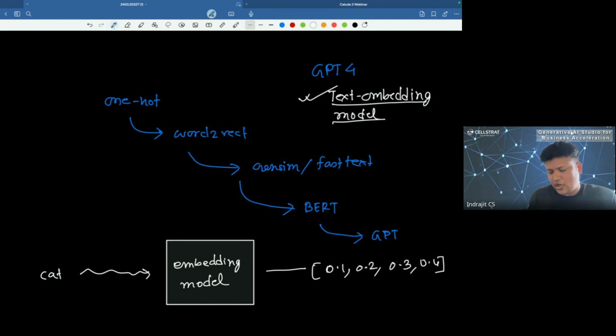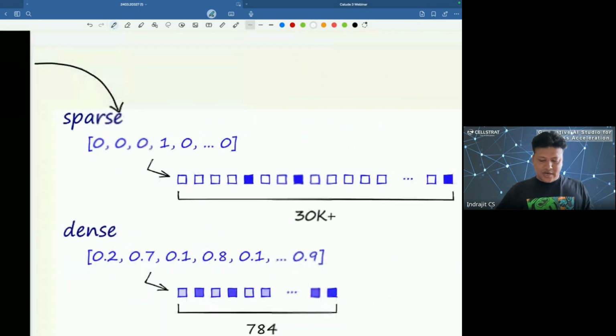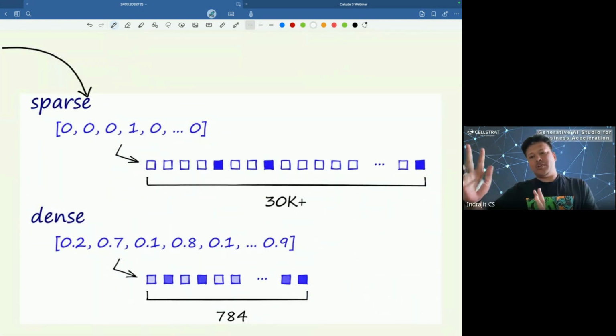Okay, this is what is the purpose of an embedding model. Now, how does it help? How does a vector help? If you look at this, when we used to create vectors using techniques like